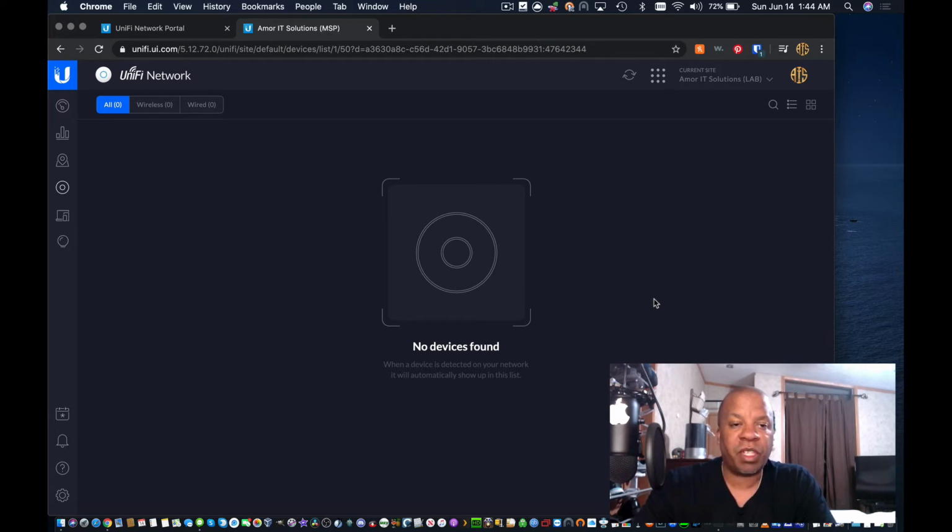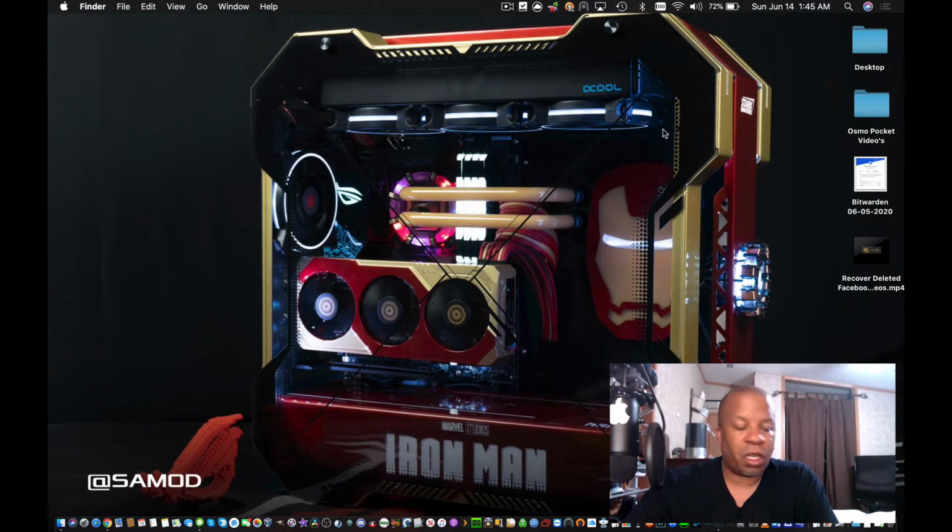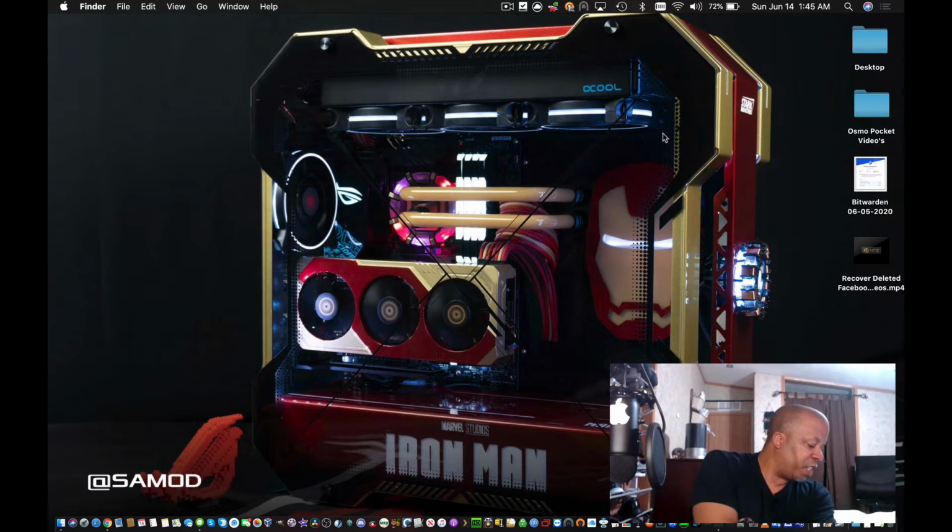But for today's video, we're just going to do a couple of adoptions into a cloud-hosted controller, so I don't have an on-premises cloud key. I basically have one and a cloud-hosted controller. So first thing we're going to do is we've got both the UniFi Switch 8 and the AC Mesh access point connected into